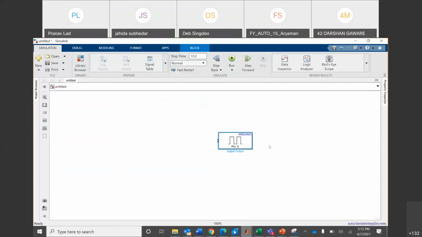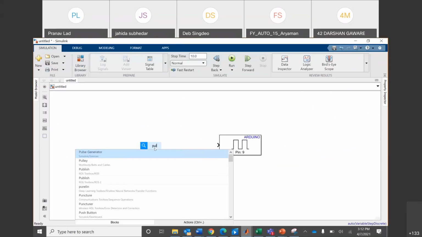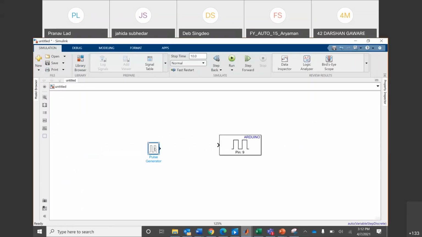You can just drag and drop this block, or right-click, or just type over here and the block will appear, right? So this is the block we have with us. What we need is to provide some signal to this block. That particular signal will define how our LED should blink. For that, I will take the pulse generator block to add the signal.